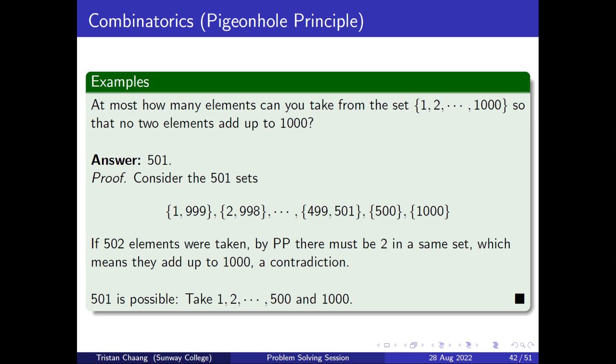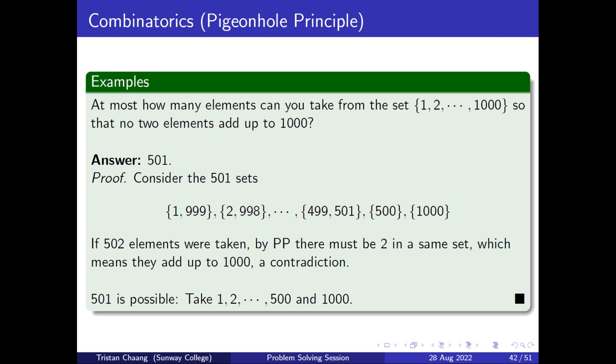So here, what we can do is use the pigeonhole principle by doing the following operation: group two numbers that add up to 1000, like 1 and 999, 2 and 998, 3 and 997, and so on until 499 and 501, and then I just throw 500 and 1000 in some other box. Now, if we have these boxes,